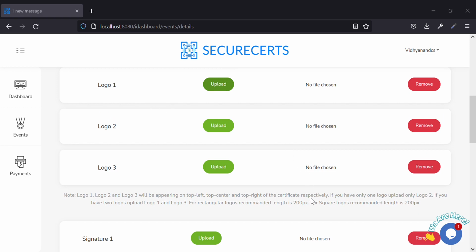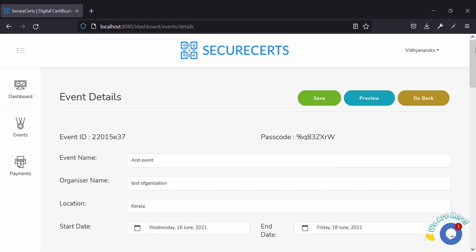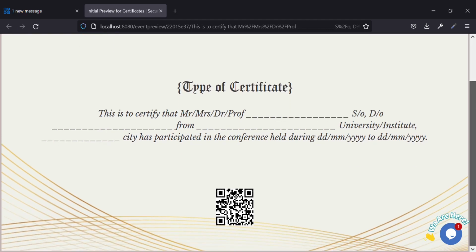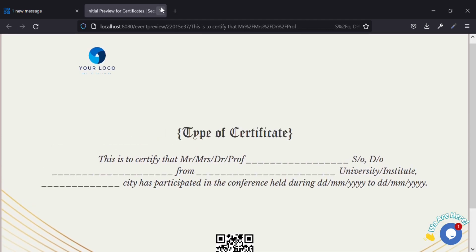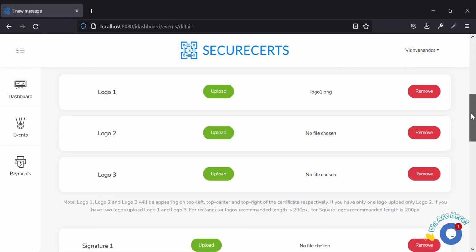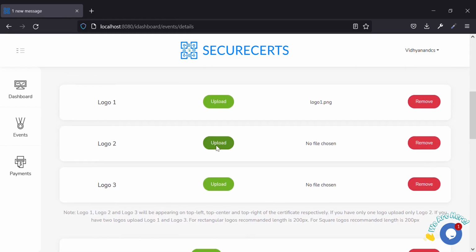So let's see, I will try to upload one logo. Yeah, this logo 1 is uploaded. Then we will click the preview button and see what's happening. So some dummy text and dummy QR code I have given, that is given automatically by the system, and your logo appears there. Now we'll see how we add the second logo